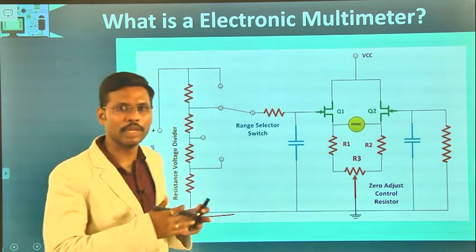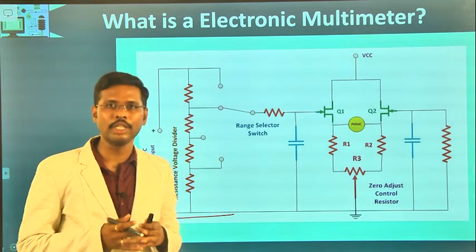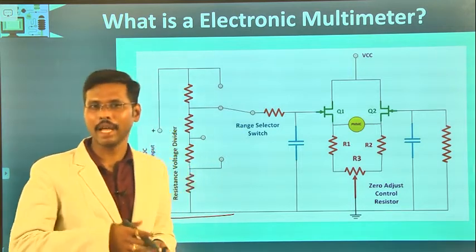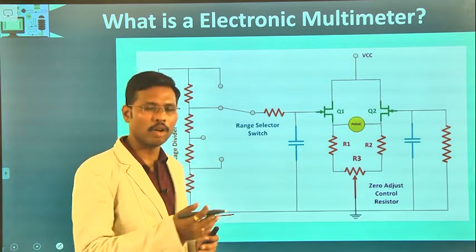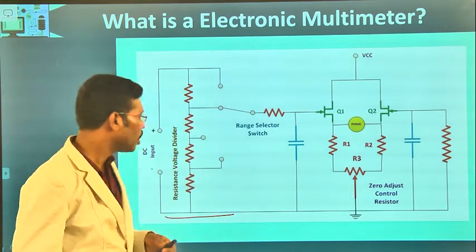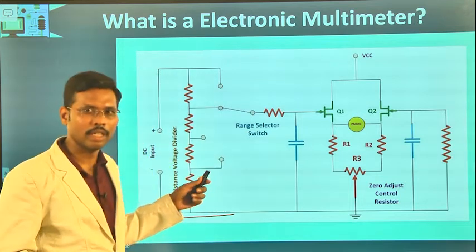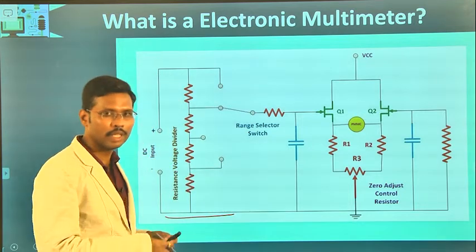The range of the multimeter has to be selected such that it is in correlation with the range of the input signal you are going to measure, either current, voltage or resistance, whatever may be the input parameter. You need to select the range of the multimeter in accordance to it, and for that selection you will be